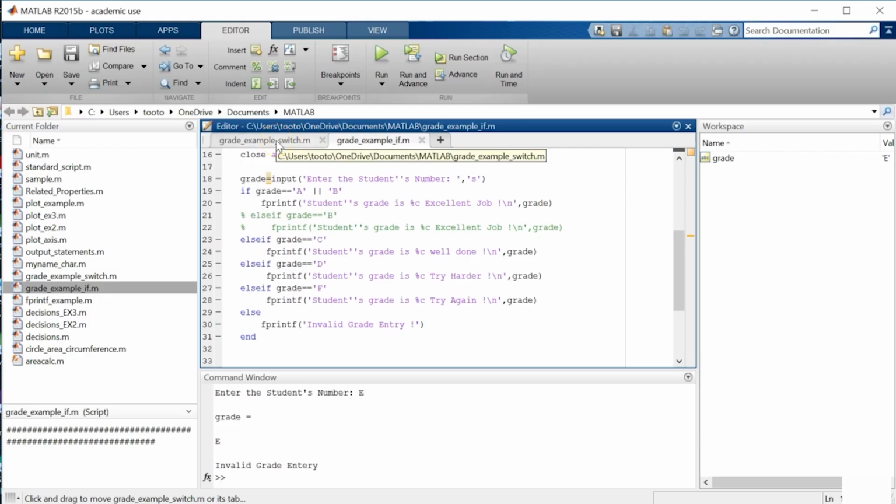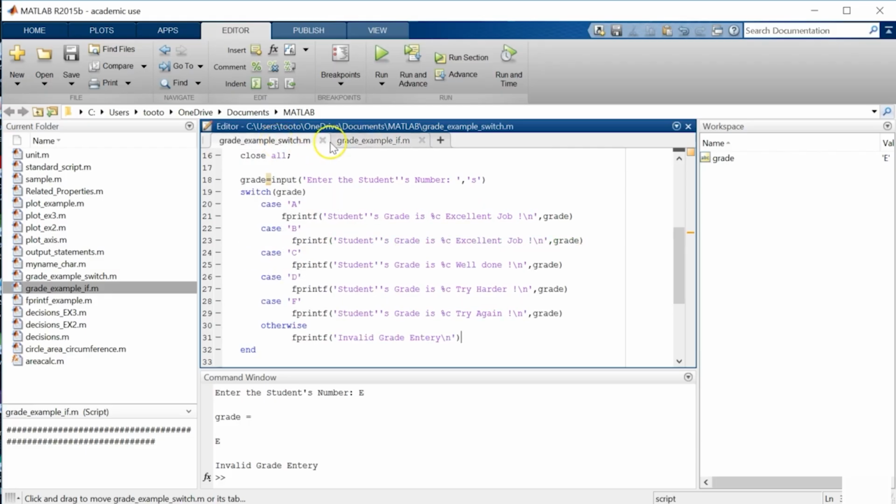It's good to know how to work with both of them, and it's definitely worth learning this type of programming